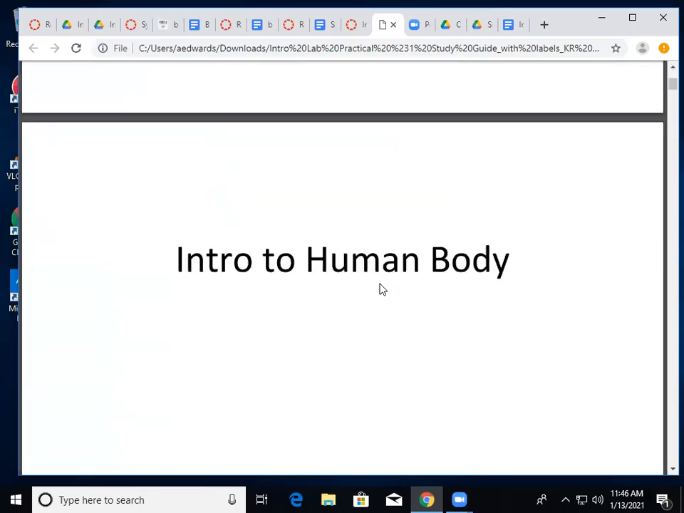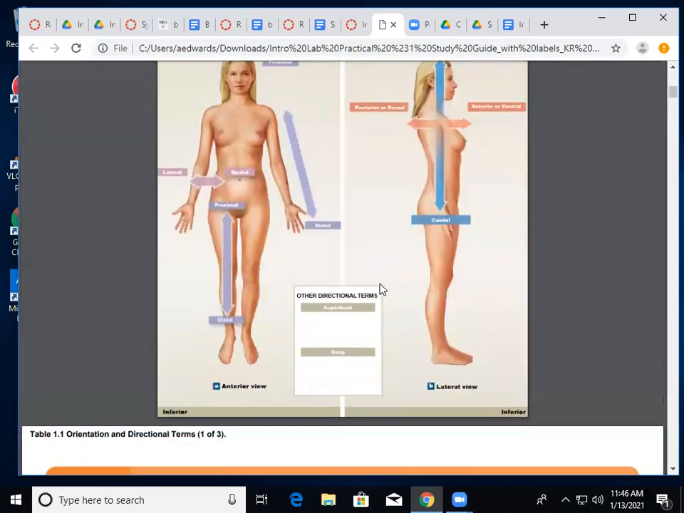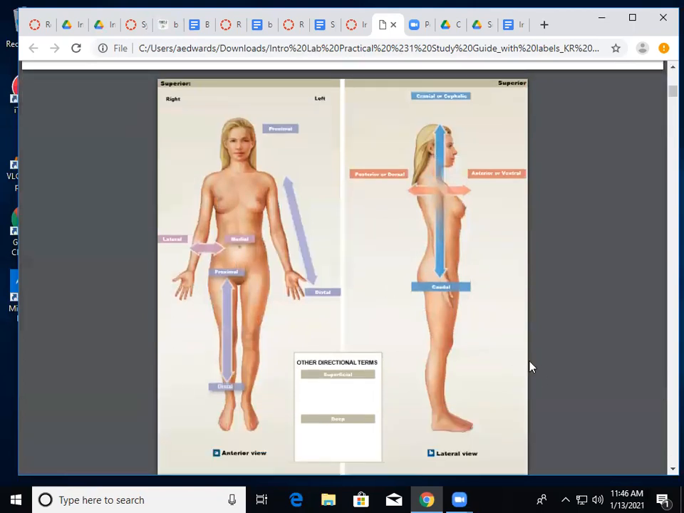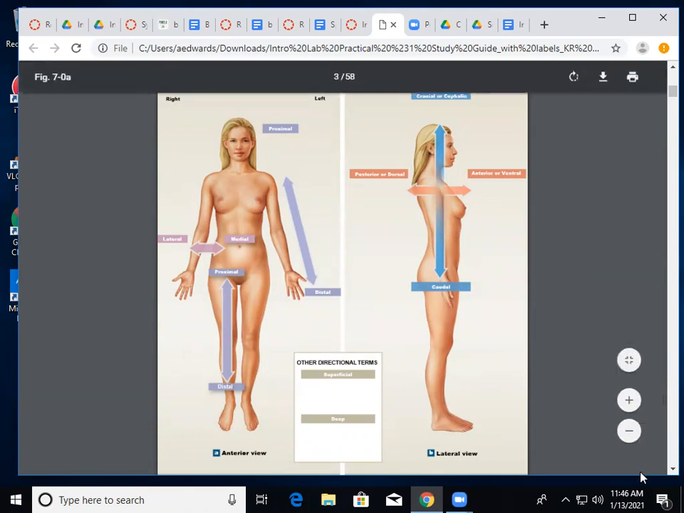All right, so let's start with intro to the human body. Start with some directional terms that you need to be familiar with. If you look at the arm, being closer to the base of the body, we call that proximal, closer to